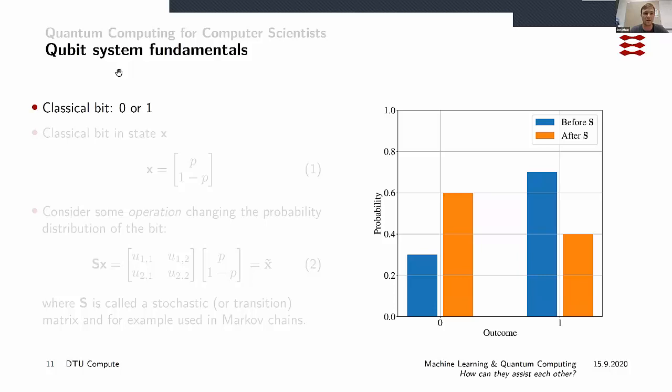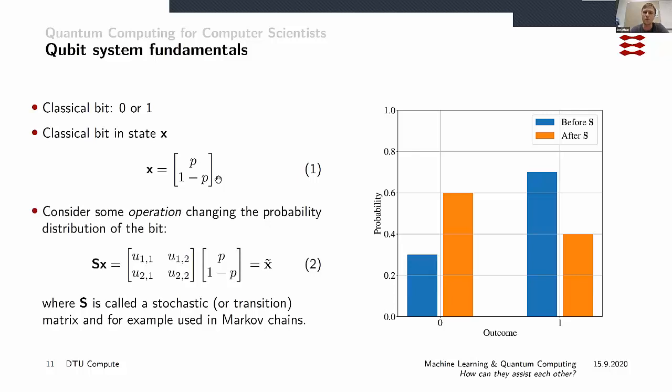Let's imagine that we have a classical bit which can be either 0 or 1. It could also be a coin that we flip to be either heads or tails. Let's imagine that we don't know what the value of the bit is yet. We only know that the probability of it being 0 is p, and the probability of being 1 is 1 minus p. That's all we know of the classical bit. Again, it could be before we toss a coin, what's the probability that we land on heads or tails.